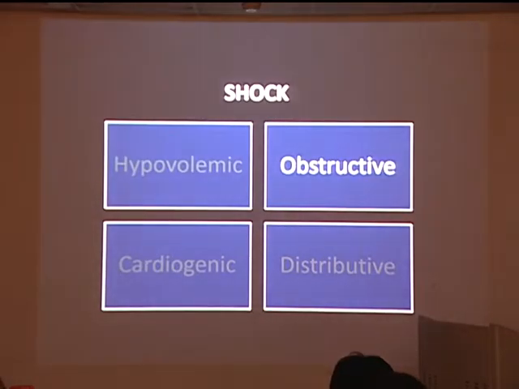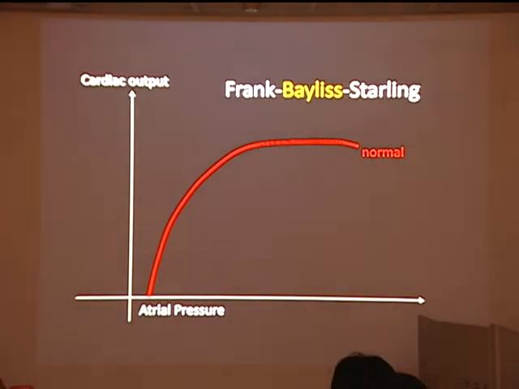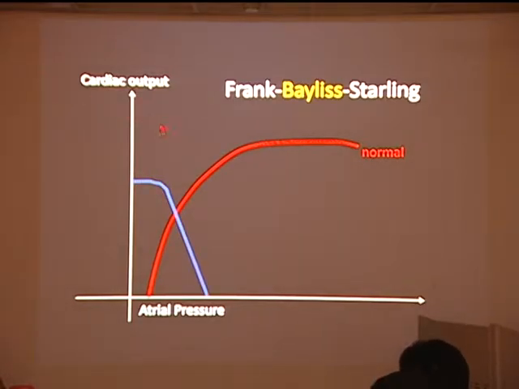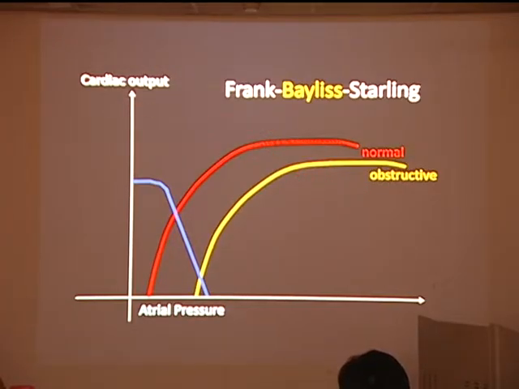Now, what does this have to do with what we're talking about? The first thing I want to share with you is this thing called obstructive shock. So this is the normal Frank-Starling curve. This is a normal person's venous return. Imagine this patient suddenly develops a tension pneumothorax. Okay? This curve will look like this, shifted to the right. Now, is this patient fluid responsive? He's going to be super fluid responsive, right? Because he's going to hit at the deepest part of your Frank-Starling curve.